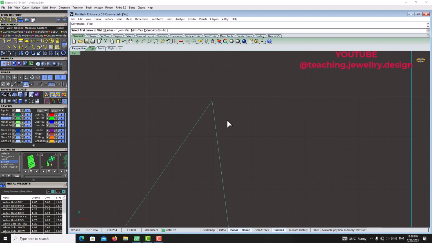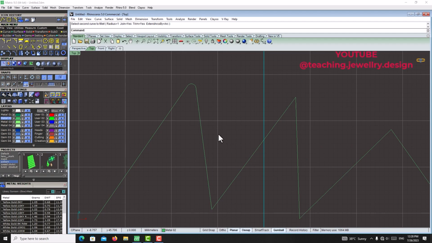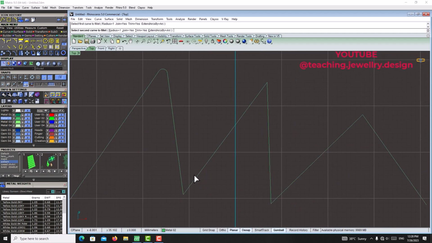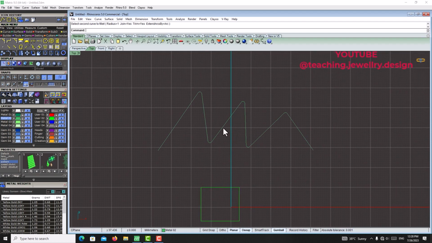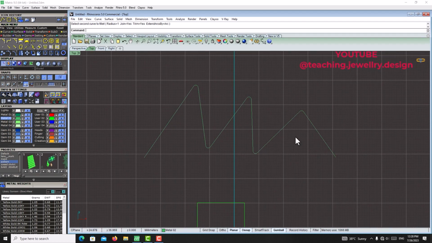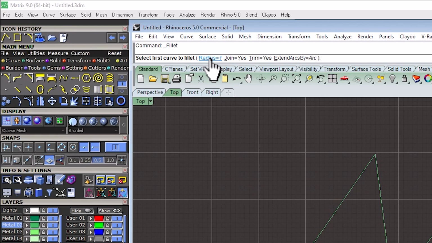First, second, yes, we have made a fillet of curves, and then the other, and the other looks like this. But when we want to fillet these corners, we click on the fillet curves, and then we can change the radius of filleting here in the command bar. Radius, for example, 0.5,